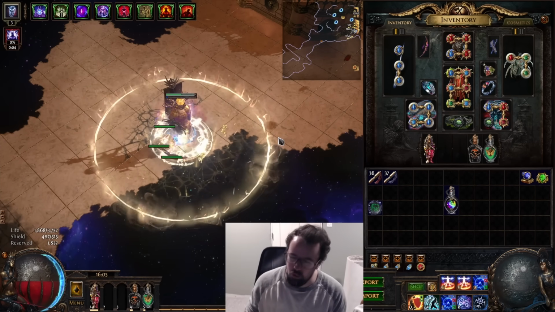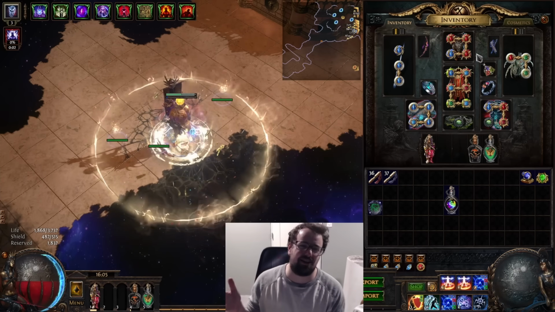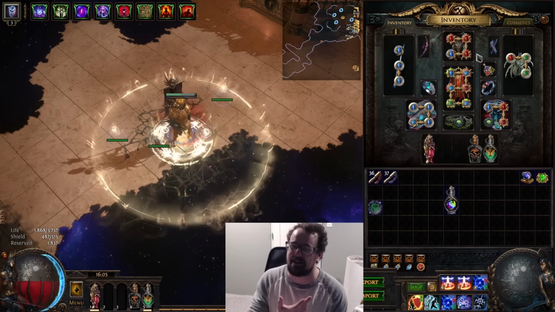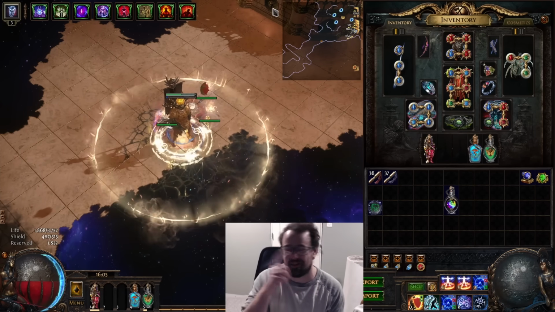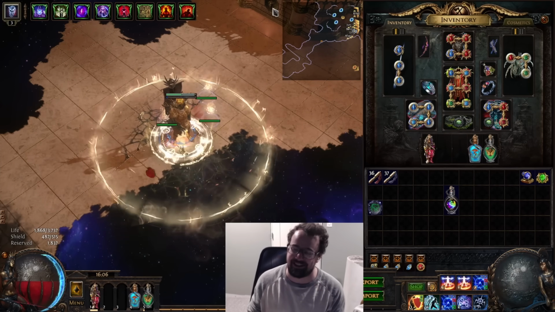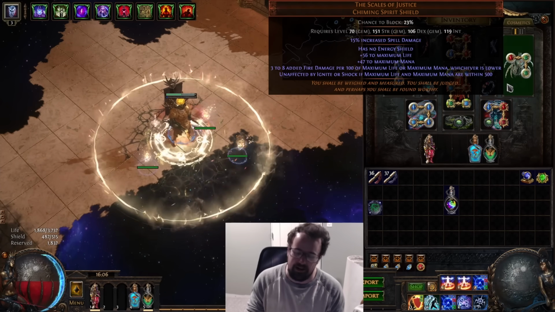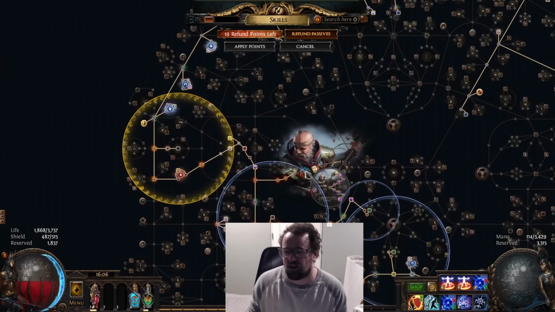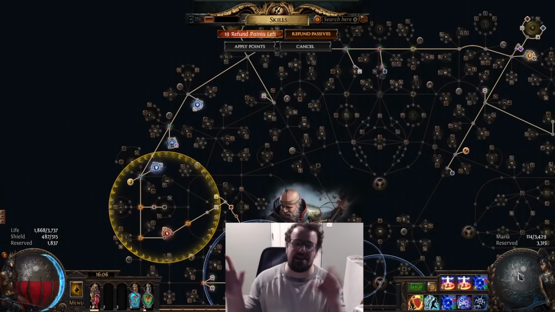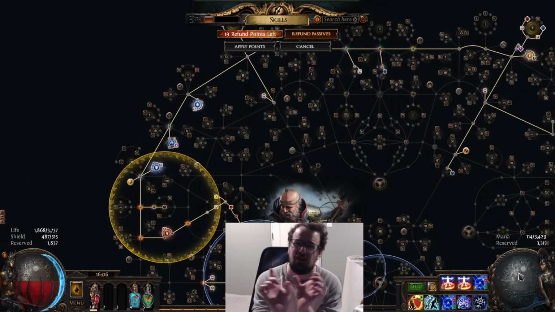Anyways, where am I all going with this? My TLDR is, I think the mana setup is a stronger setup, but I'm hopeful that in the future, if they fix that bug, I want to try Galvanic Field again without Scales of Justice. The big problem with Scales of Justice is it's super limiting. It's very hard to invest into mana and keep it within 500 of your life pool and have a character